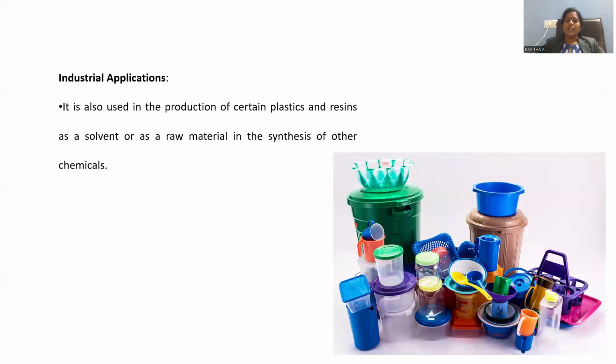Industrial applications. This alpha terpineol is utilized as one of the key ingredients in the manufacturing of plastics and resin products. It is also a solvent in the organic industry, and a raw material for the synthesis of other chemicals. Also, by using this alpha terpineol, other chemical manufacturing is possible. In order to dissolve any other substance, it acts as a solvent also, so it is also an ingredient used in the plastic industry. So many kinds of applications of alpha terpineol can be noticed in an industrial context.